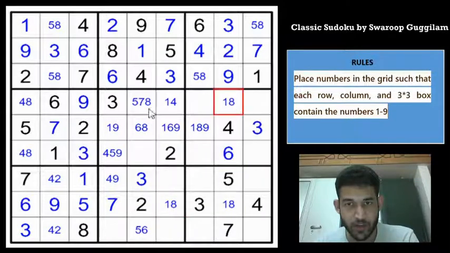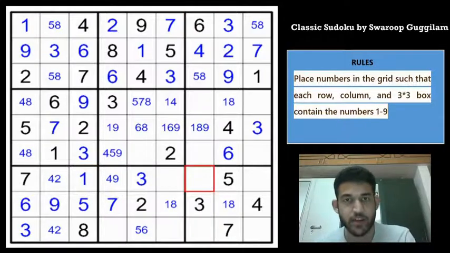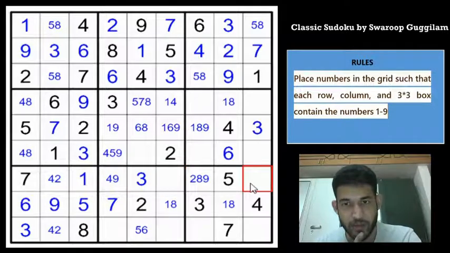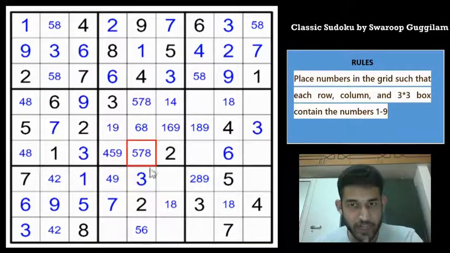There seems to be something going on here, right? 3, 4, 5, 7. Remaining digits are 1, 2, 6, 8 and 9. You can't have 1 and 6 in this cell, right? Because 6 is here and 1 is here, so this must only be a 2, 8 or 9. Can we place 6 in row 7? 6 can be here and can be here as well. Not that helpful. Okay, this cell 1, 4, 9, 2 and 3 can't be a 6, so this must be a 5, 7 or 8. So we are neatly stacking up the Sudoku now.